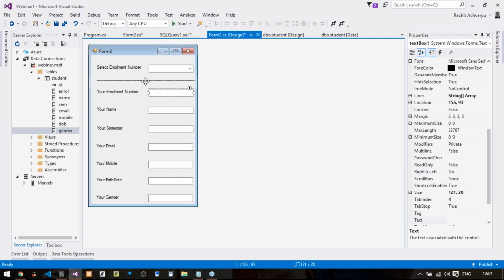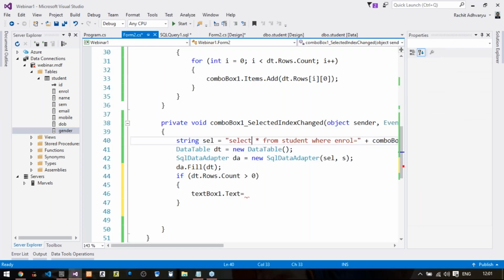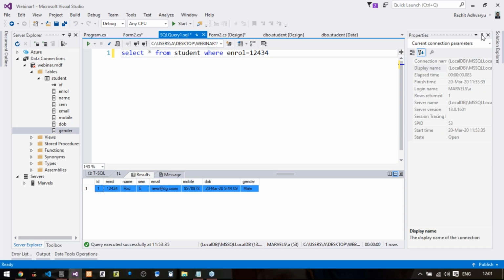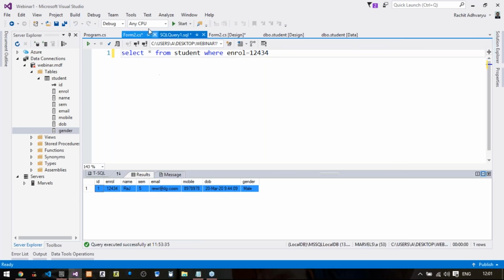So I will write dt.Rows and again two square brackets. Now the first square bracket is for row index, the second is for column index, right? So the row index is by default 0, because as we said here, there is only one row, so the row index will be 0 always.